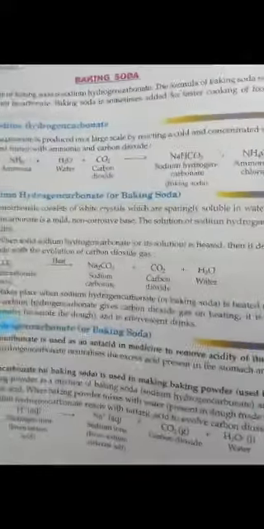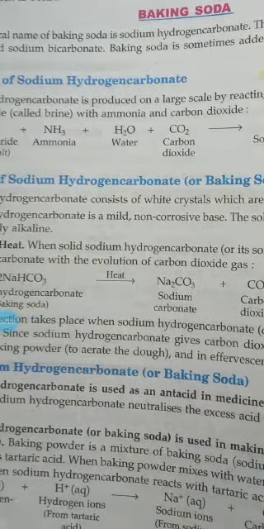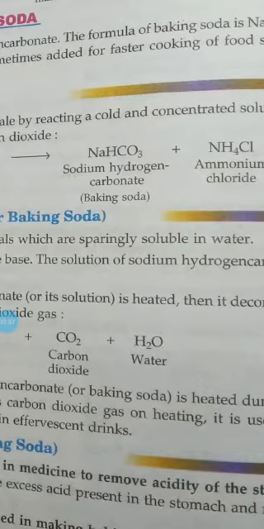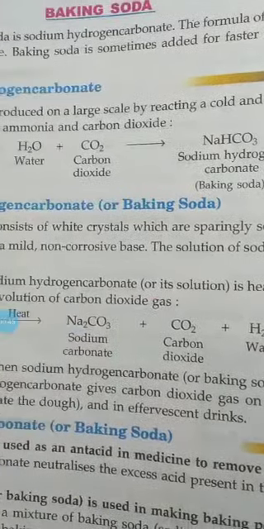Today we are going to know about a salt widely used in our daily life, baking soda. Baking soda has multiple usages at our homes. The chemical name of baking soda is sodium hydrogen carbonate. It is also known as sodium bicarbonate. The chemical formula of baking soda is NaHCO3.